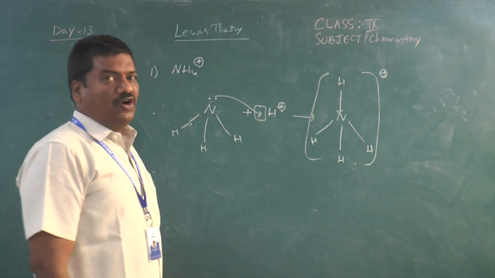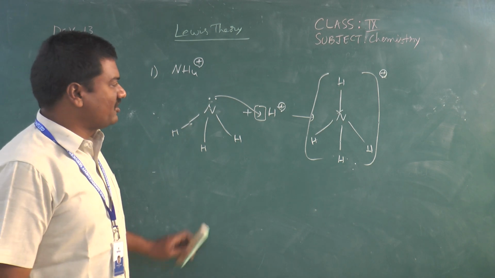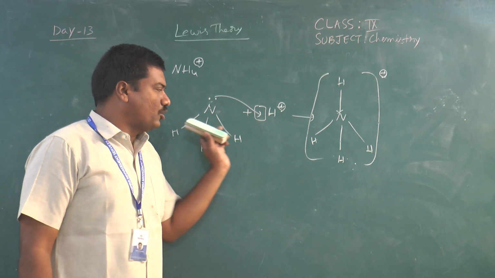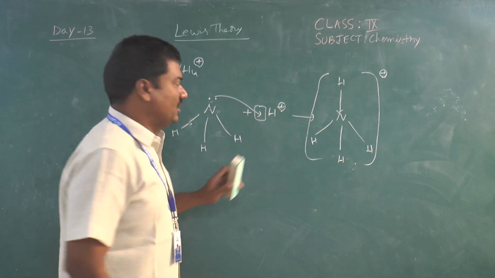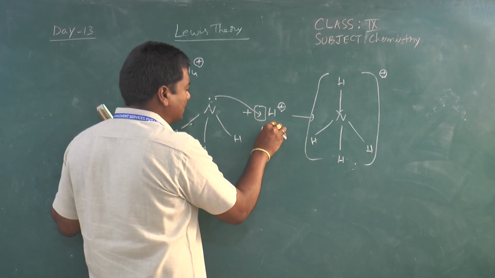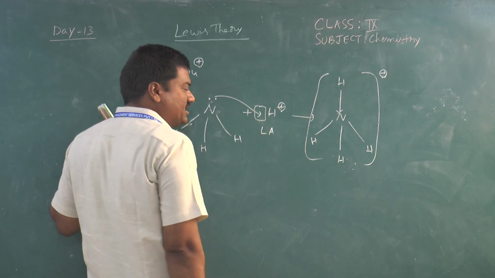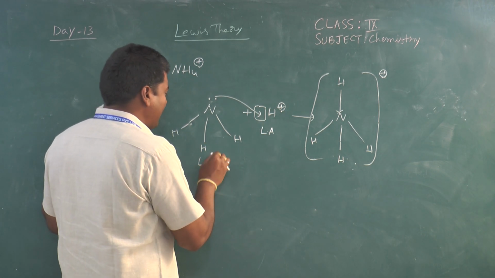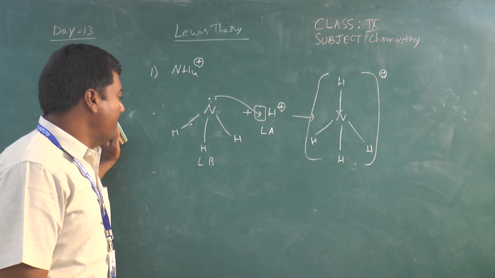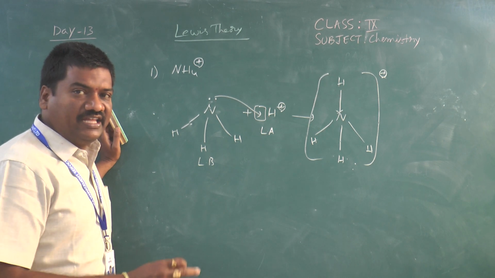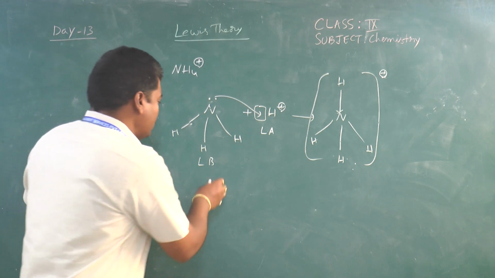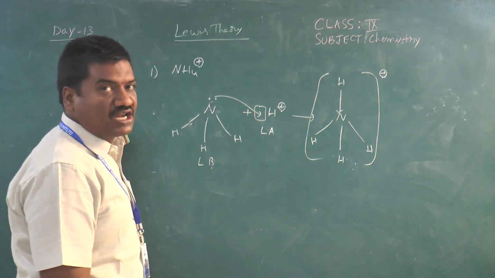Before bond formation it has a pyramidal shape, but after bond formation it has a tetrahedral shape. Before formation of the coordinate covalent bond, H+ is unstable, as it does not have duplet stability. So it is a Lewis acid, as it requires electrons. NH3 is the Lewis base, giving a pair of electrons to the other atom or molecule. Between Lewis base and acid, a transfer of a pair of electrons takes place from Lewis base to Lewis acid. Then it forms a coordinate covalent bond.